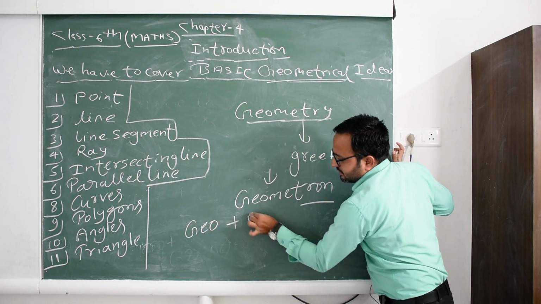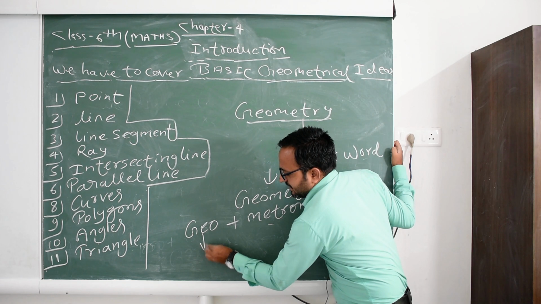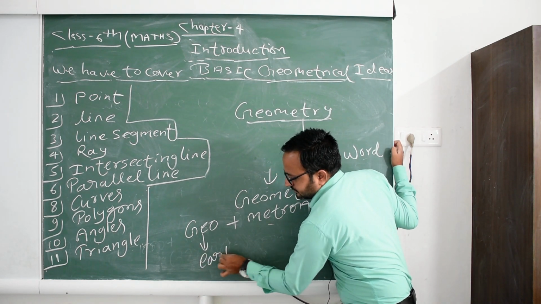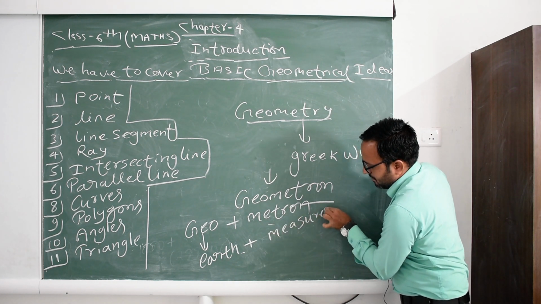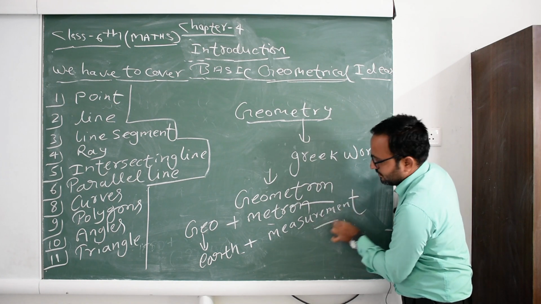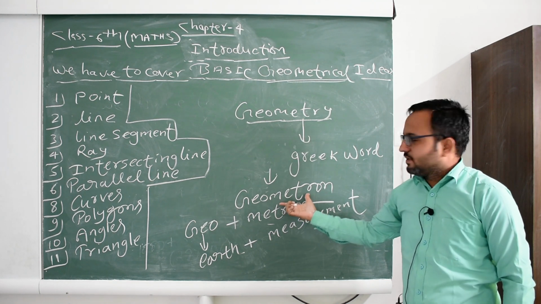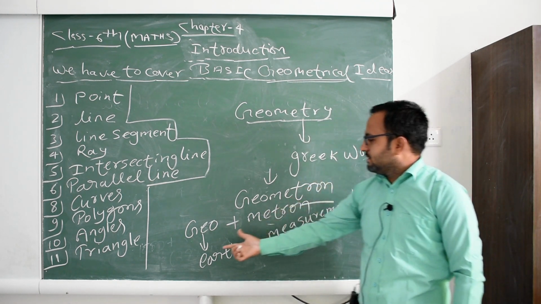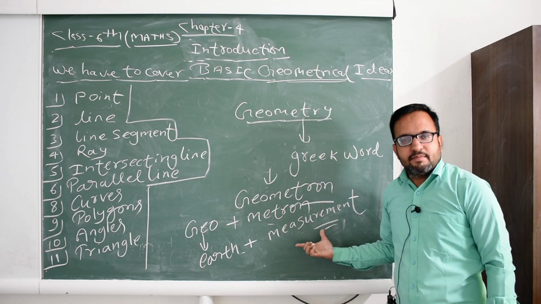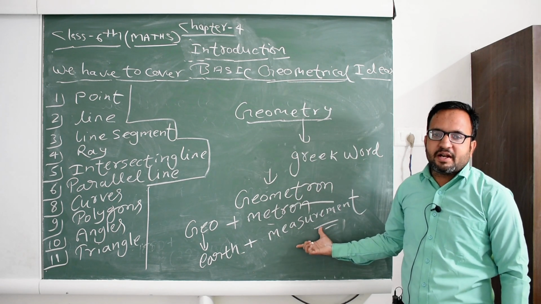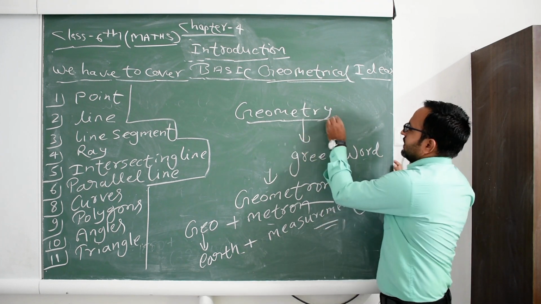If we split this, geo plus metron, geo means earth and metron means measurement. So geometry is derived from geometron. It is a Greek word, and geo plus metron, where geo is equal to earth and metron means measurement. So this is the meaning of geometry, and in this topic we discuss different types of